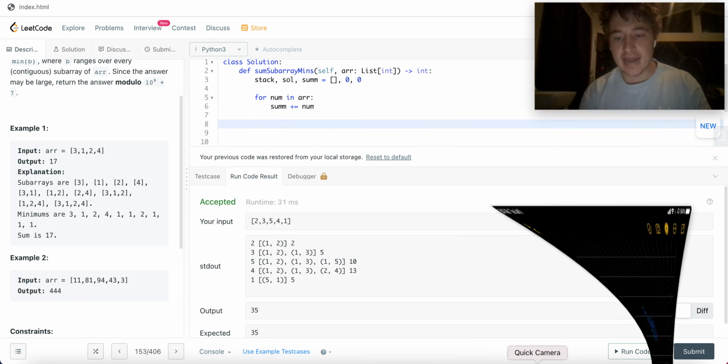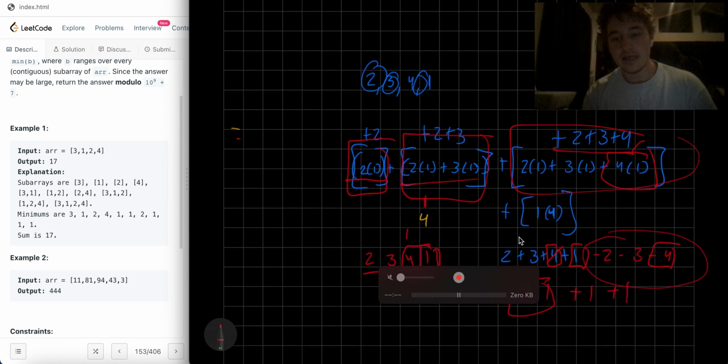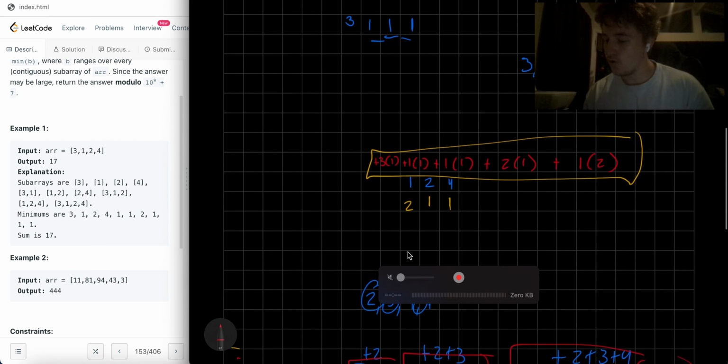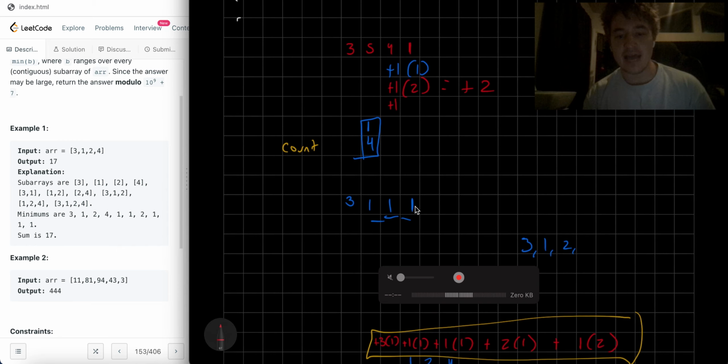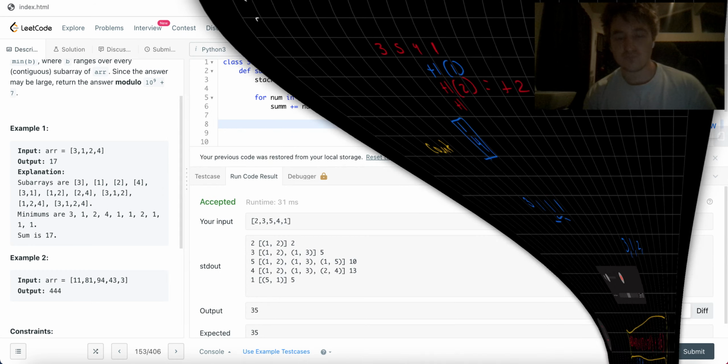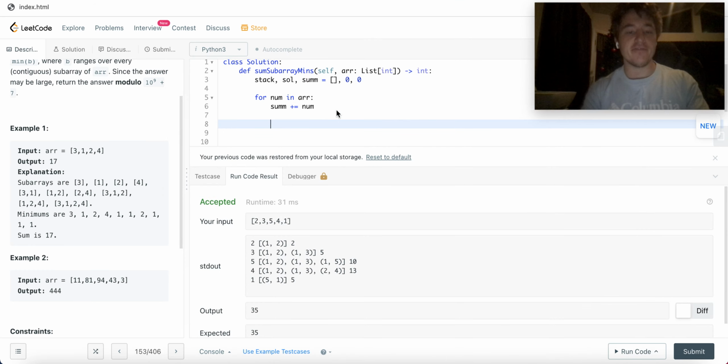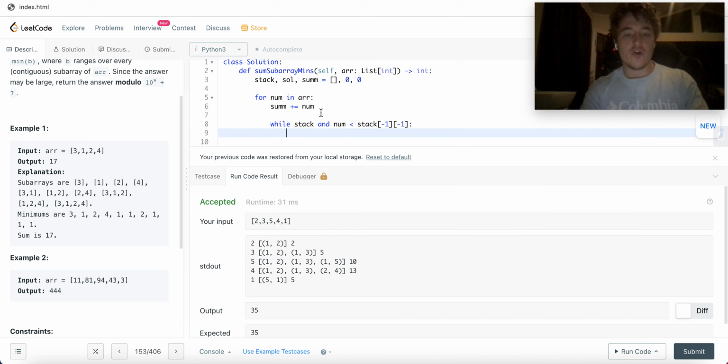Now, before we add an element, what we'll do is, you know, like here, the element got added and we started removing the things that came before it to get here, right? So we'll say if there's a stack, right, and the number that we're adding is less than the value at the back of the stack, so the last value in the stack, we're going to say, okay, that value that's in the stack, so stack num,